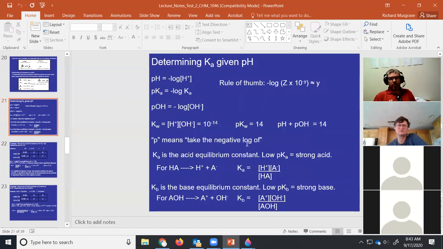All right, let's look at determining the Ka given the pH. Let's talk about what pH is first. pH is the negative log of the hydrogen ion concentration. And as a general rule, if you want to find the pH of something, and generally speaking, if we're looking at pH,